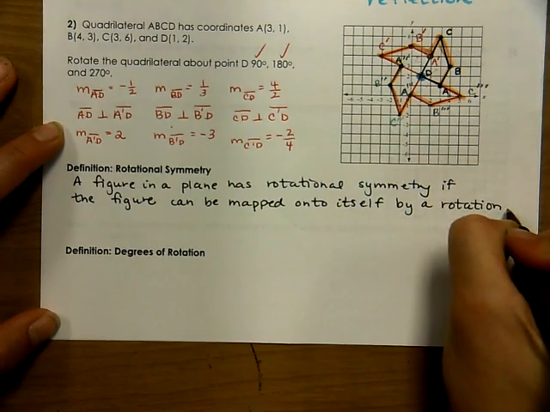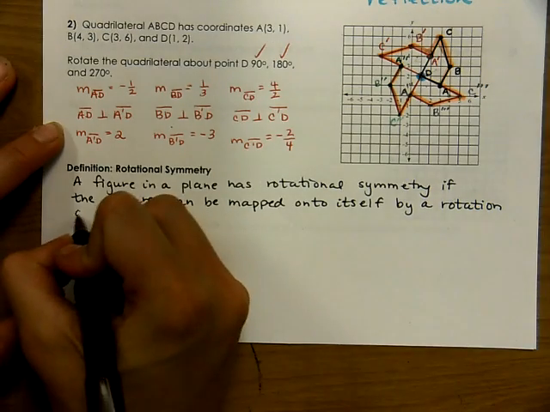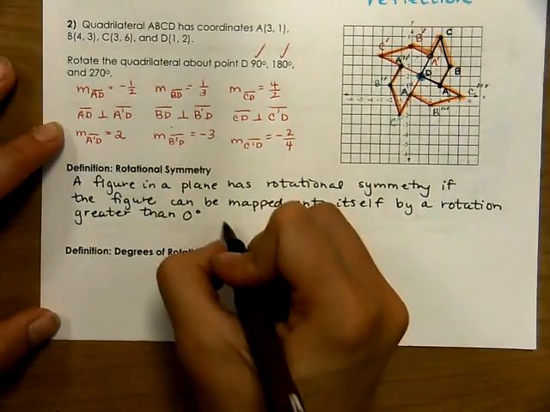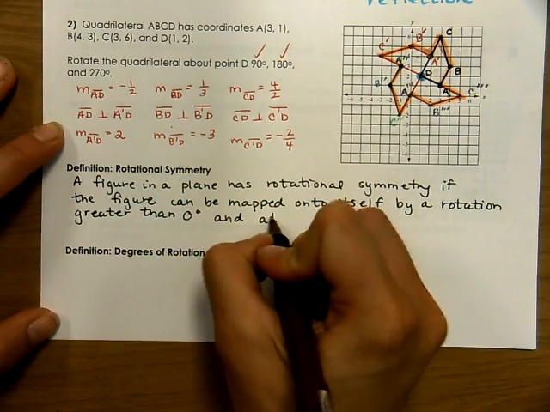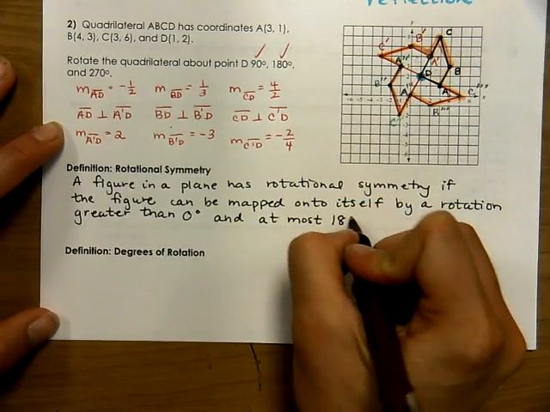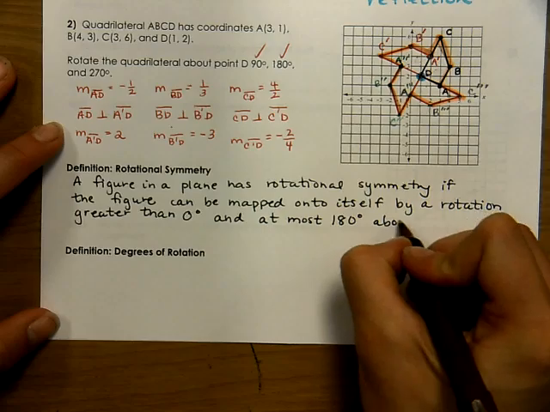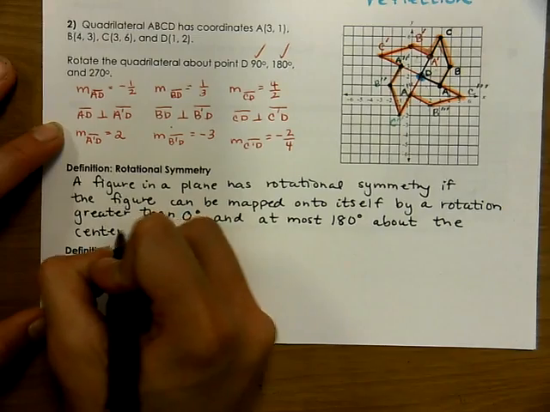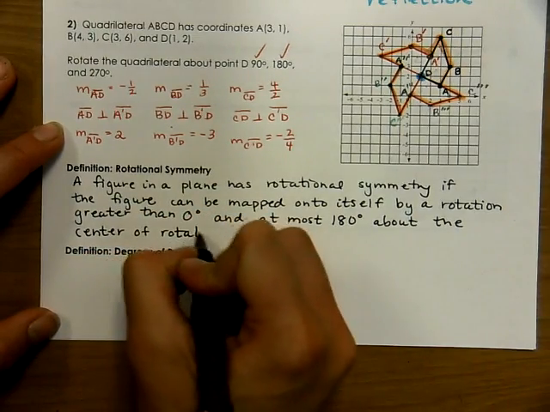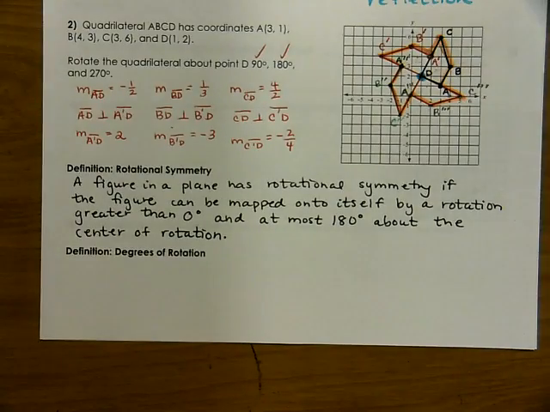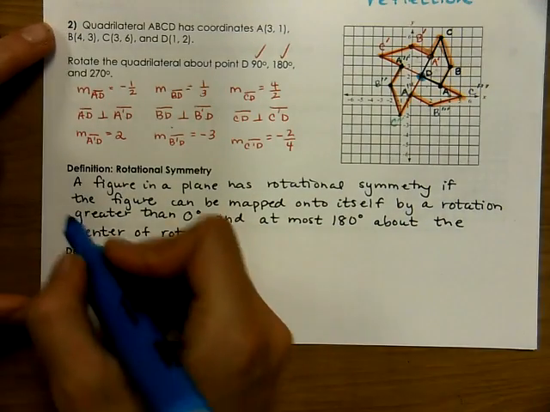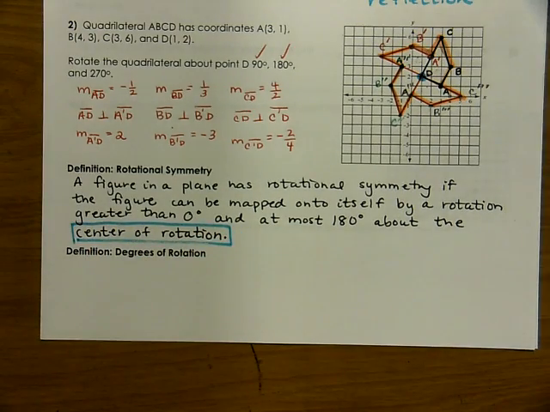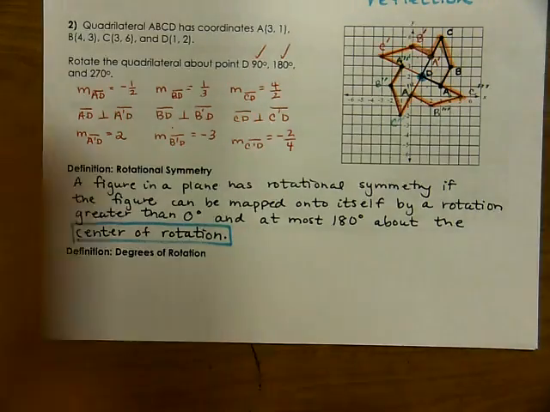Now we got to specify this rotation though. It has to be a rotation greater than 0 degrees and at most 180 degrees about the center of rotation. When we talk about the center of rotation, that's just the point that we're rotating about. I highlighted that in blue here, so I'm going to box it in blue here. There you go. So the degrees of rotation, that answers the question,